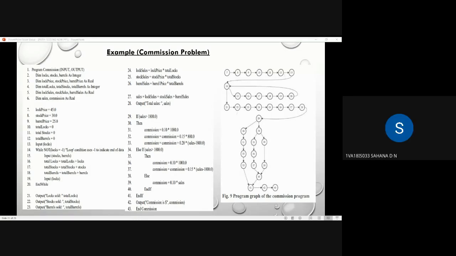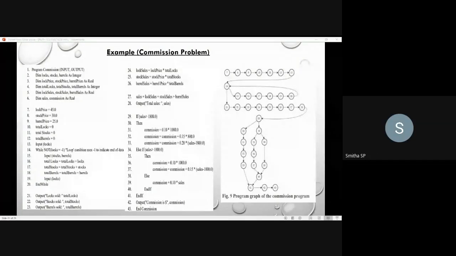Sahana? Present, ma'am. Sana? Present, ma'am. Sai Chandana? Present, ma'am. Saket? Present, ma'am.